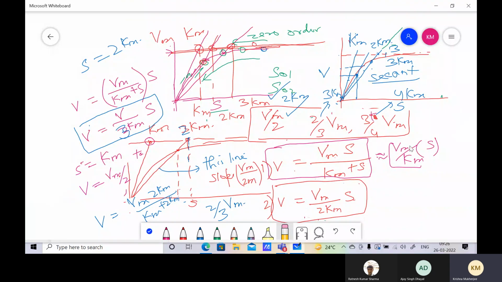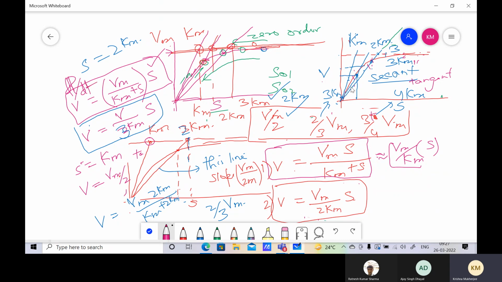We can get rid of error by these very simple techniques of drawing secants rather than tangents. Tangents mean derivative, and a derivative with an error-prone plot is a problem. But if we can draw a smooth curve of V versus S, which is a typical plot that you can fit using your standard saturation kinetics model, this is saturation kinetics, isn't it? So first order and then zeroth order saturation kinetics. Instead of trying to draw tangents all over again, because this is anyway dP by dt and this is a tangent plot, taking a second derivative with error-prone data